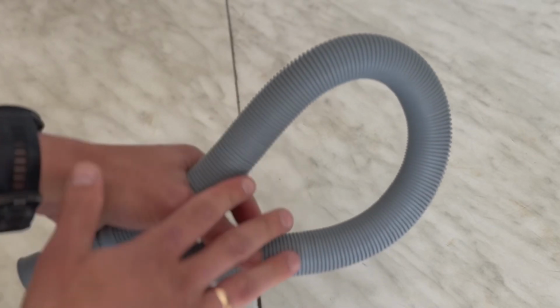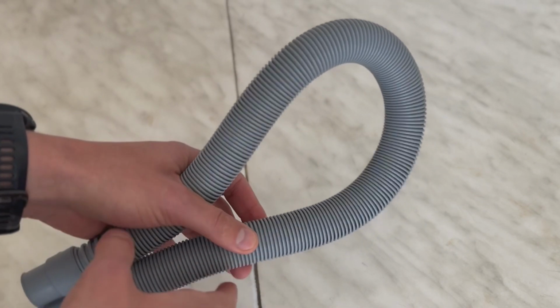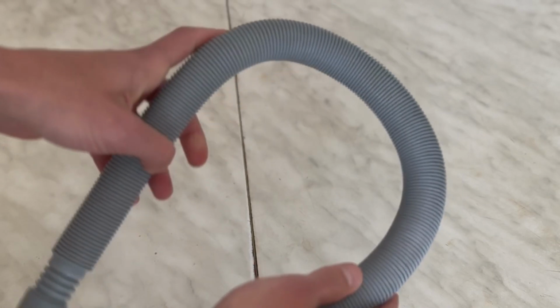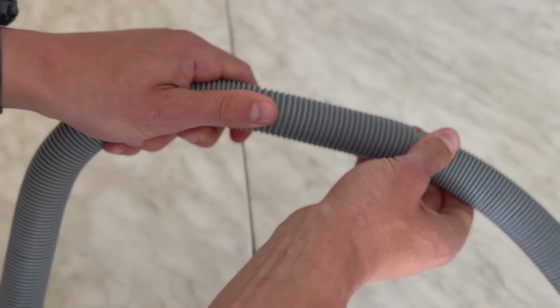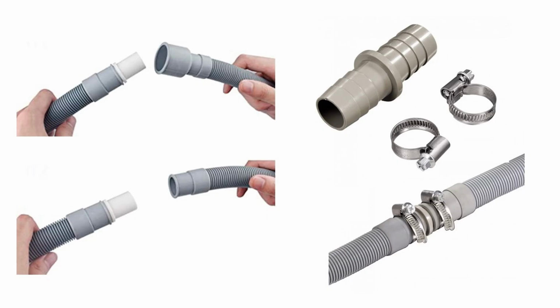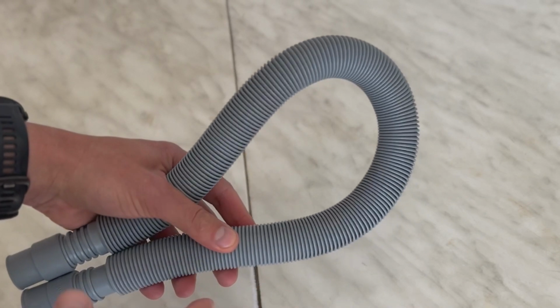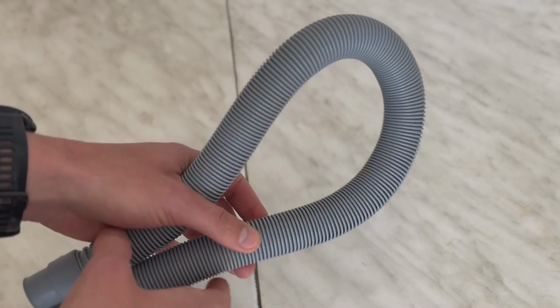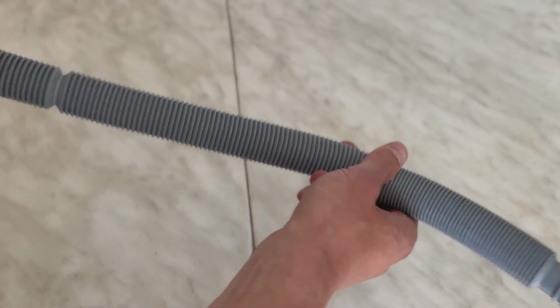Wastewater from the washing machine is also drained through a hose, a corrugated drain hose, also in gray color. Such a hose is also included in the kit, but it is also short. Therefore, it's often necessary to extend it with an additional one. This is done through a special adapter and using clamps. Such hoses come in different lengths. For example, in Tokai there are extendable ones in two sizes, from 0.7 to 2 meters and from 1.2 to